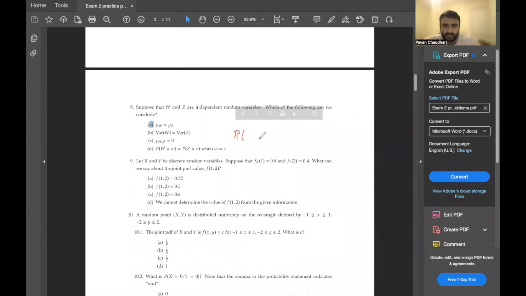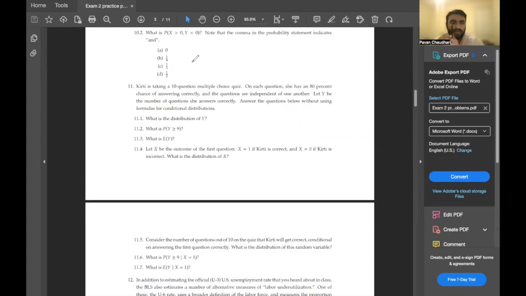probability of W equals lowercase w, Z equals lowercase z. So the whole point of independence is that the "and" here becomes multiplication. So we can say the probability Z equals z times probability W equals w. Right. So this problem is really about this